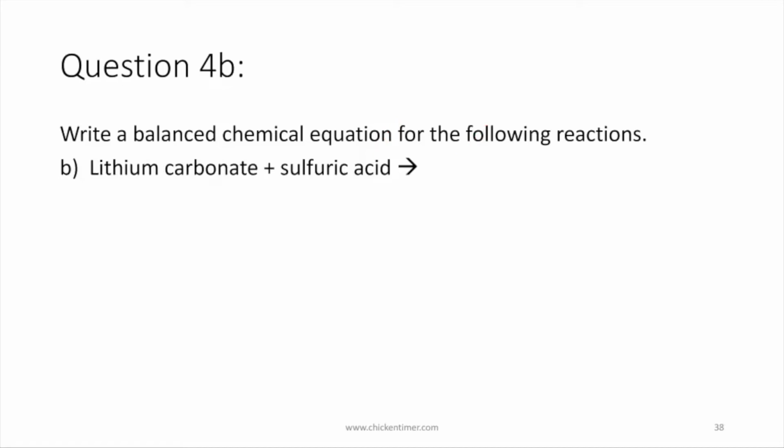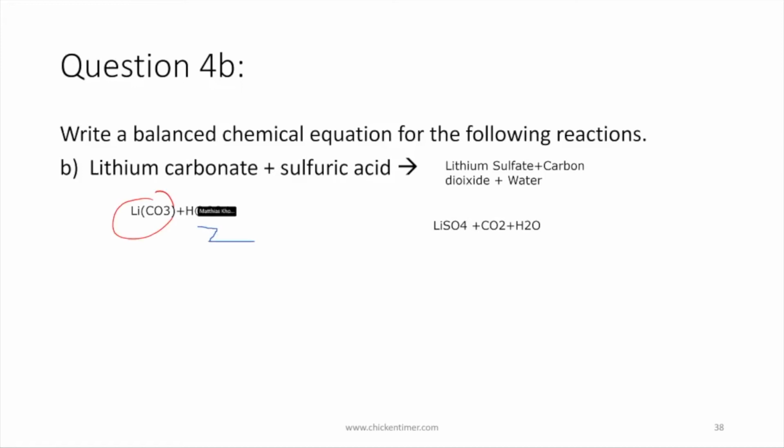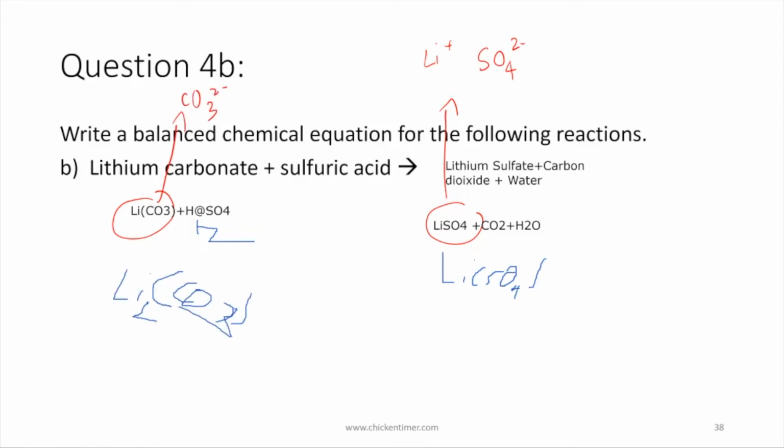Next one. Need help? Lithium is in group 1. Lithium sulfate plus carbon dioxide plus water. Yeah. Check this and this. Group 1. Lithium is group 1. So it's plus only. So you have to go to sulfate and look at what formula sulfate has. Then you have to go to carbonate and look for carbonate's formula. Then